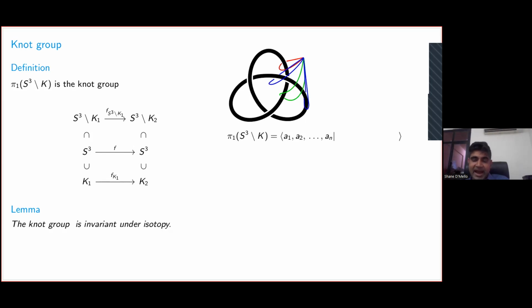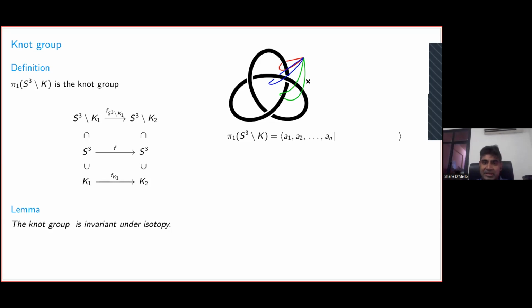But now let's try to examine how we can combine these. Here are these two arcs, the red and the green arc. I'm going to show you how the blue arc will help us. Essentially, what I'm going to show you is that when we conjugate the red arc with the blue one, then it will become isotopic to the green one.